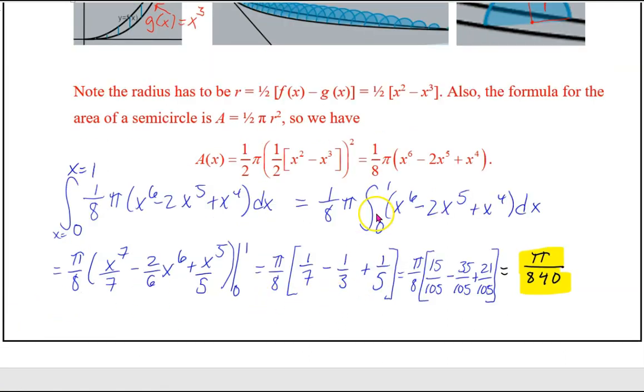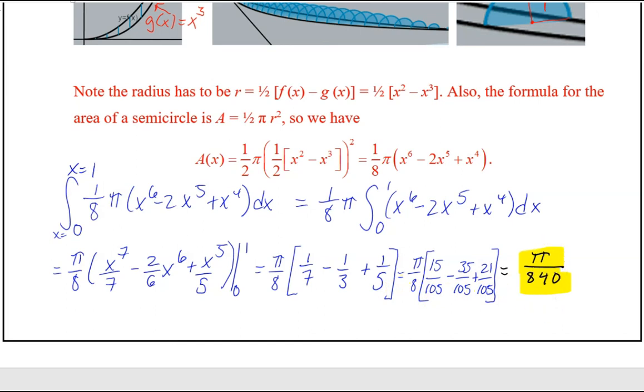Hopefully you have that you can pull out the pi divided by 8 since it's a constant. That leaves you x to the 6th minus 2x to the 5th plus x to the 4th to integrate, which gives you this value here to be evaluated between 0 and 1. The 0 will, of course, make them all 0, so you can ignore that and focus on the 1s. That gives you 1/7 minus 1/3 plus 1/5, all multiplied by pi over 8. They are all prime denominators, so the lowest common multiple is 105. When you work it out, you end up with 8 times 105, which gives you 840, and the result is